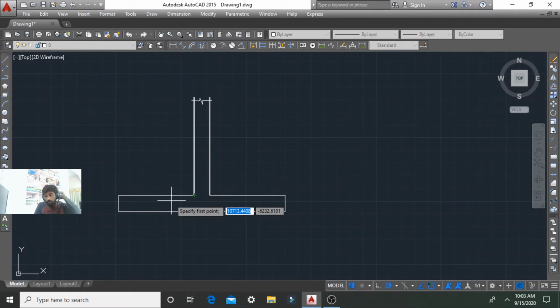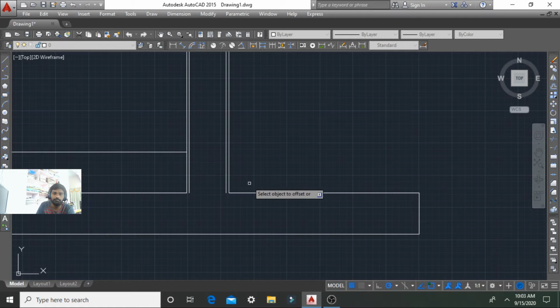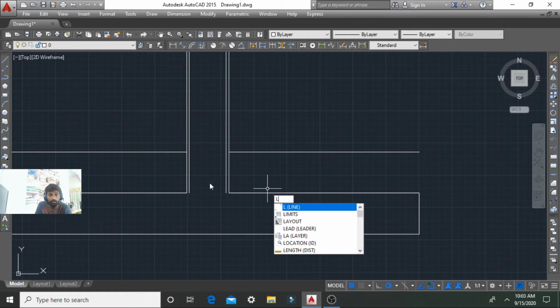Here I will give up to the width 396 mm. The bar should be like here.